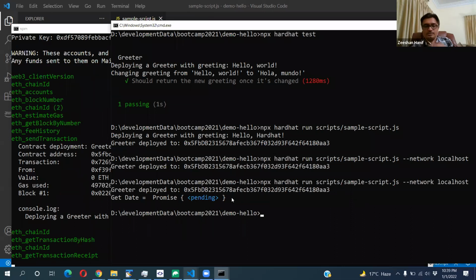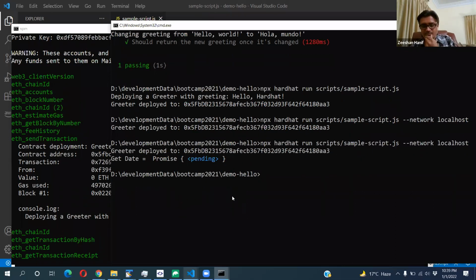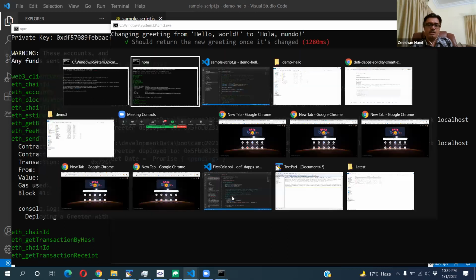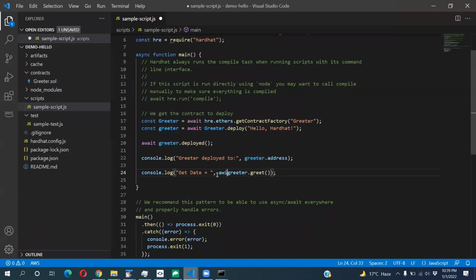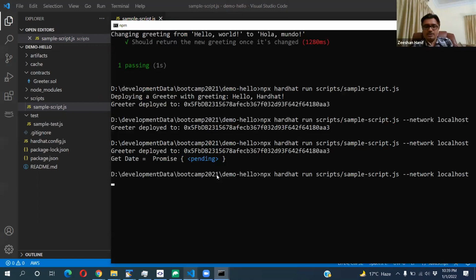Sometimes we forget this: all the function calls are promises in Hardhat whenever you call your contract. So greet is an async function, so you have to call the await.